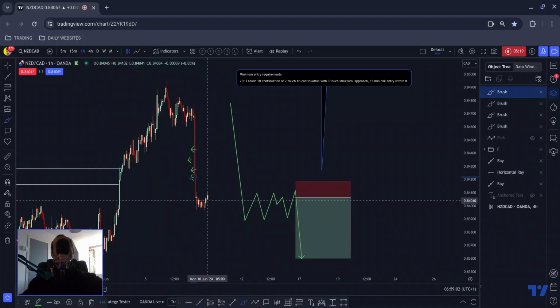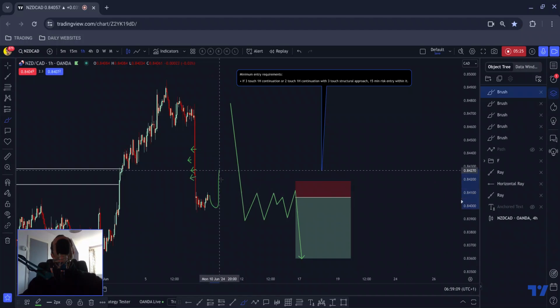Okay, so what can happen here is when you get a big move down like this, followed by a correction like this, often price will slip up like that and pull down. Okay, it will slip out of the structure, pull back up, tap some of those stop losses and pull down.